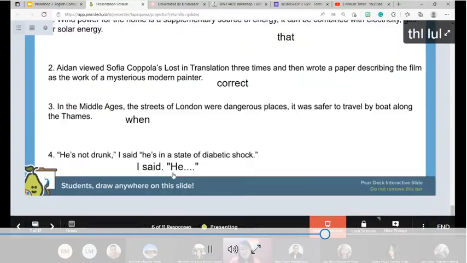I said, period, he is in a state of diabetic shock. So